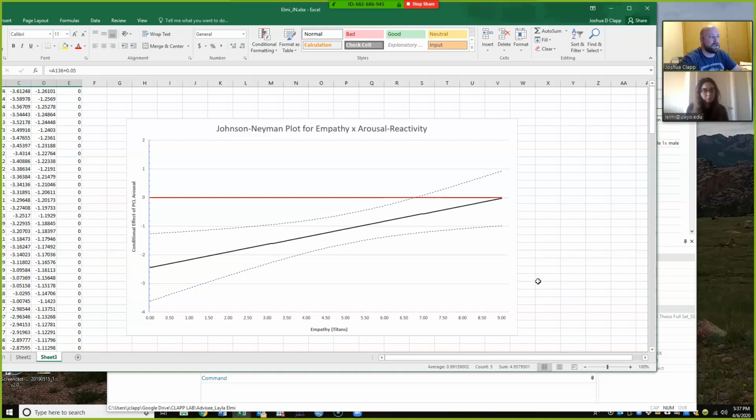Any questions on this? Does this make some sense? It does. So you would definitely want to do your simple slopes first to have a sense for what that relationship looks like, and then you'll be able to better interpret the Johnson-Neyman plot? Well, actually, we really don't need your simple slopes, right? Because what this is telling you, simple slopes,